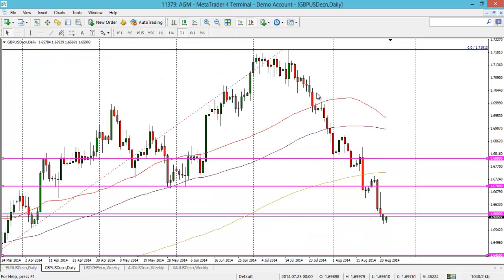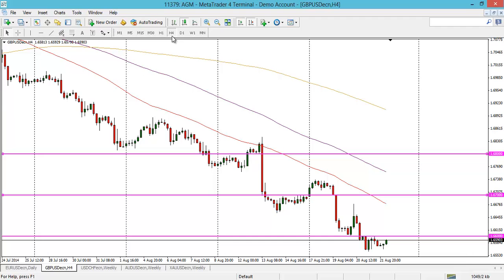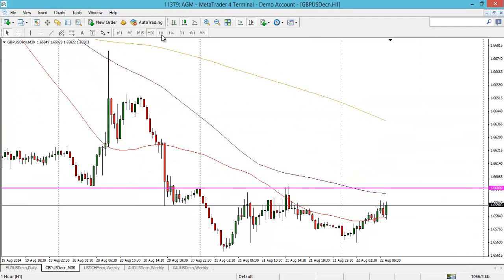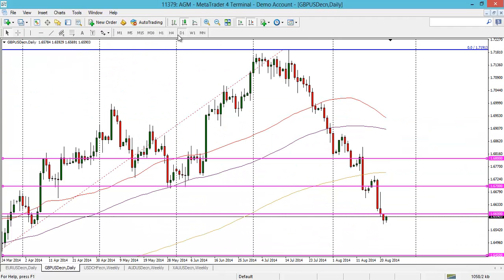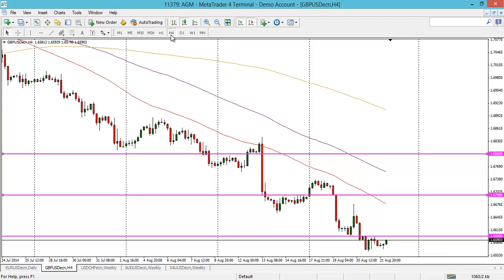Nothing major to talk about in terms of shorter term stuff, to be honest. That's pretty much it. It's just sliding lower and lower. It's all about keeping an eye on these big round numbers here. In terms of fib moves, the